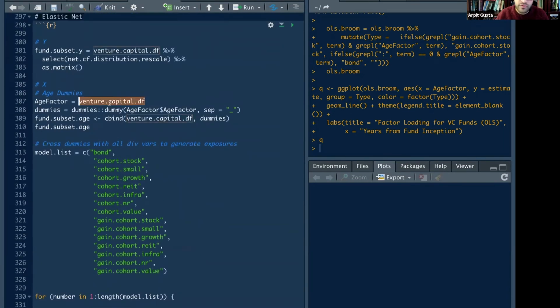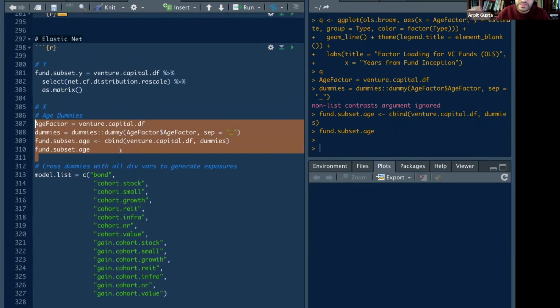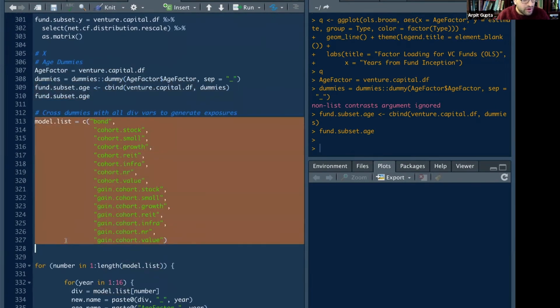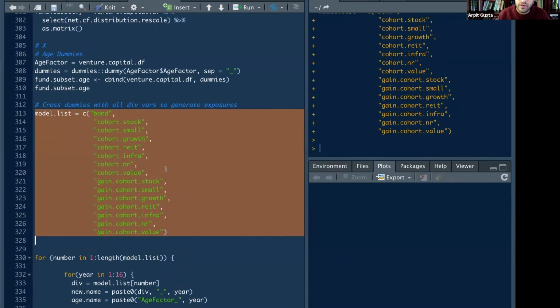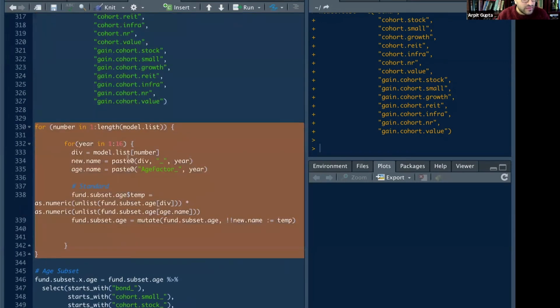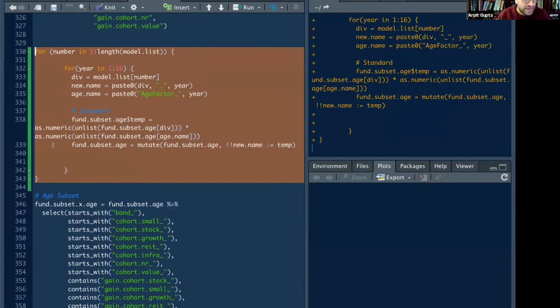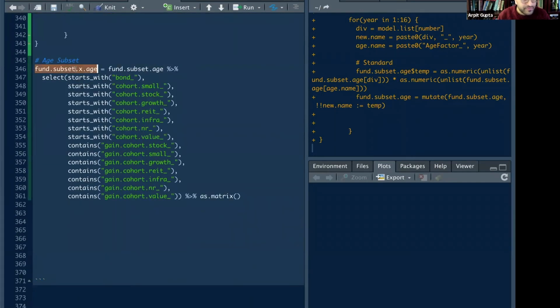So we're going to start off with this data set we have, and this initial step here is just creating some dummies for the different ages. So we just want to select out blocks of the code and see, okay, it's first year, second year, third year, etc. These are the same model list as we have above that allows us to know what to loop over in selecting the variables, and this is basically just picking out all of the different dividend strips from the data and converting it into a matrix. So just a little bit of a helper here. All I've done at the end of this process